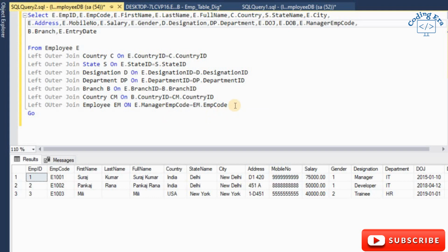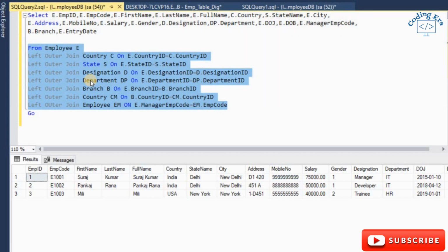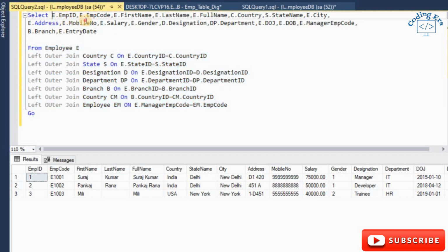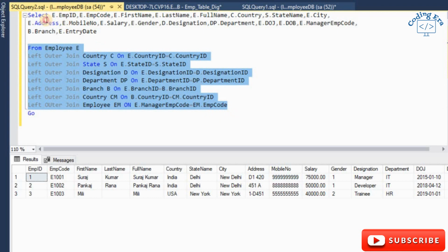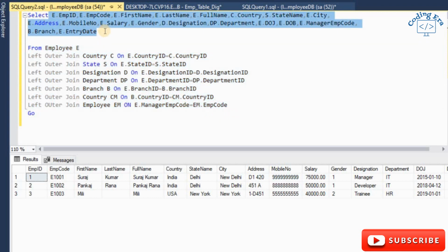So the first thing I have done here, I have first listed out all tables which are required to get data, and second thing I am replacing columns one by one. So this is the simple way. First list out all table names and then replace columns as per your requirement. And now if you want something else in this output, then you can change it.